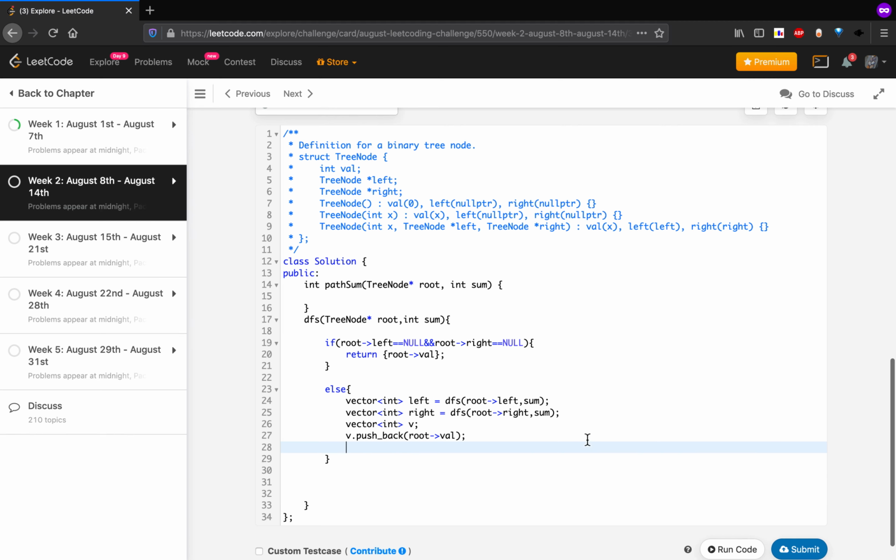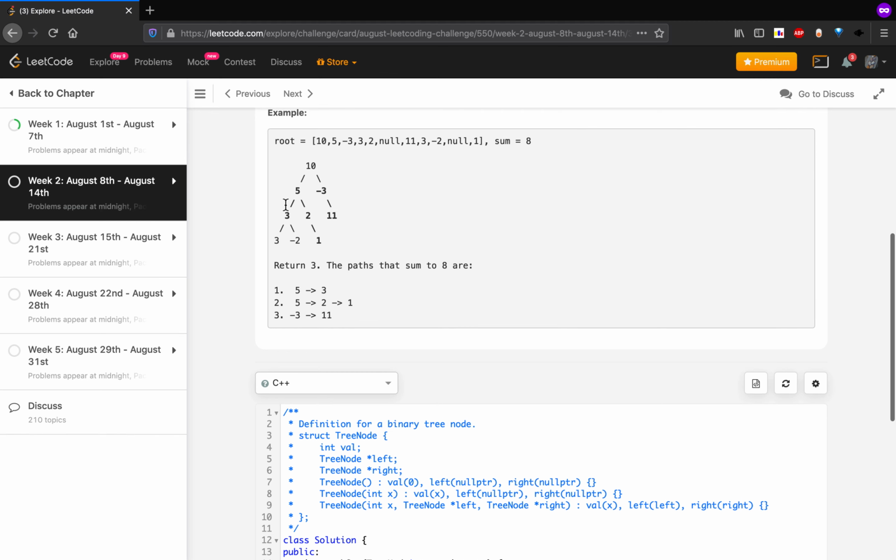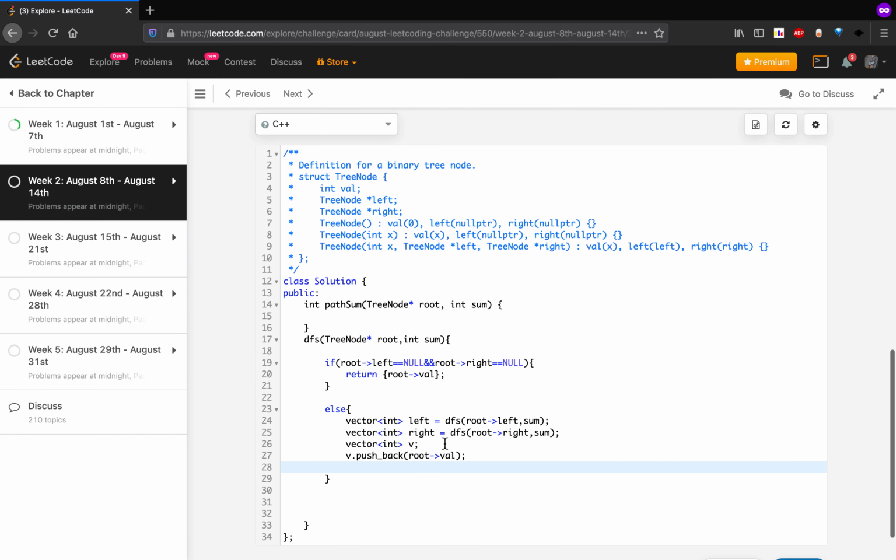Okay, now let's think of a tree such that we don't have a left child, but we do have a right child. If we recurse on that part, it should not come here, because with null, accessing the value will give us a segmentation fault.